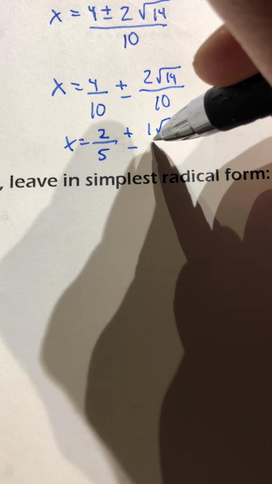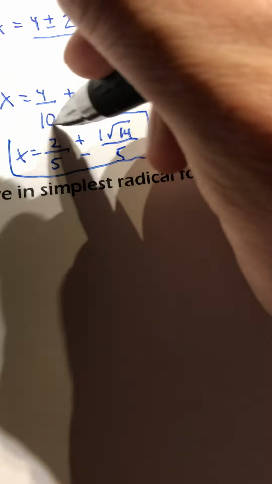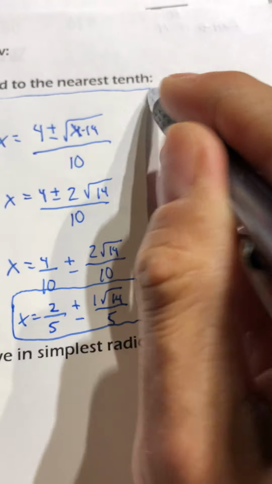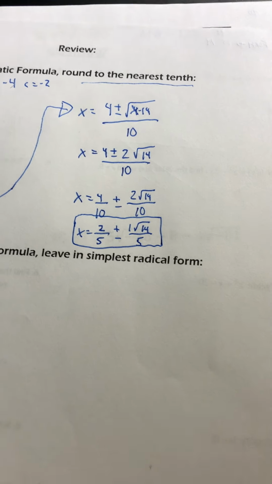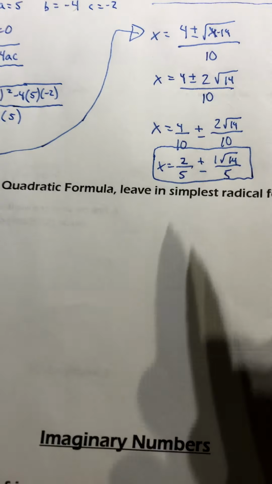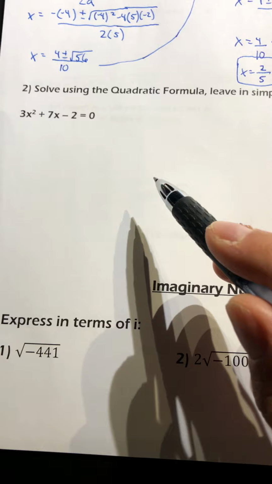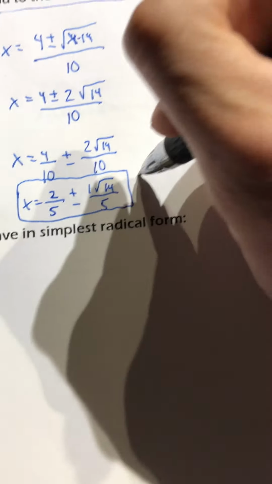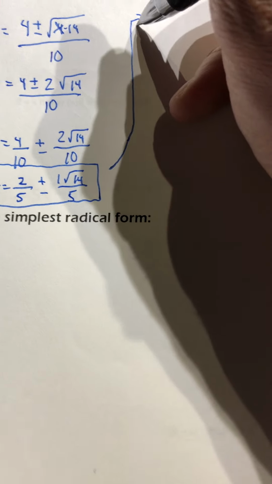And 10 divided by 2 is 5. So you could leave your answer like that. But this says nearest tenth, so actually, if you did that for this specific one, you would lose a point. That's where your answer is going to look similar to the next one, though, because it just says in simplest radical form. So I'm going to go up here, and I'm going to show how to plug this in our